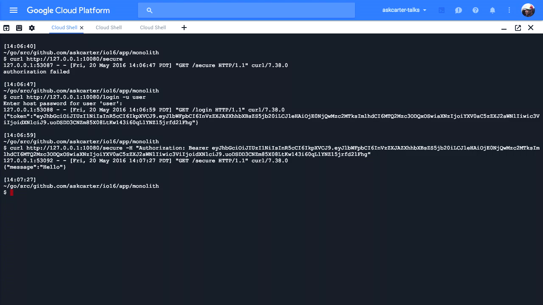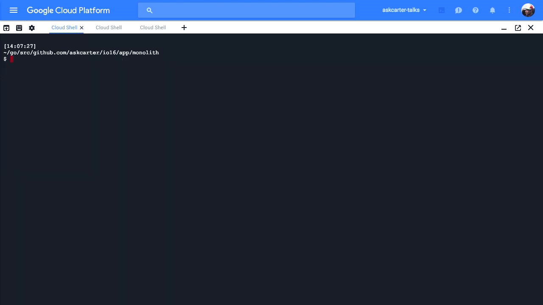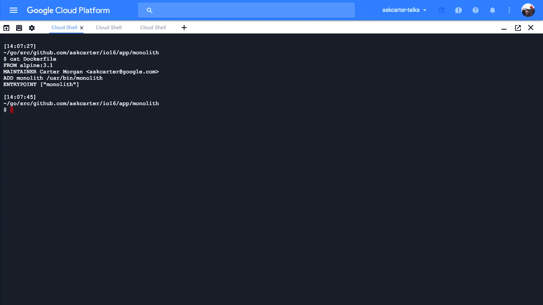But so now we have a binary. It works. We've tested it out. We want to be able to run this binary on any machine, on any system. And that's where Docker comes in. So I have a Docker file. And what this is, it's steps to recreate an image. We're going to take all of the dependencies to run an application, and we're going to bundle this up into